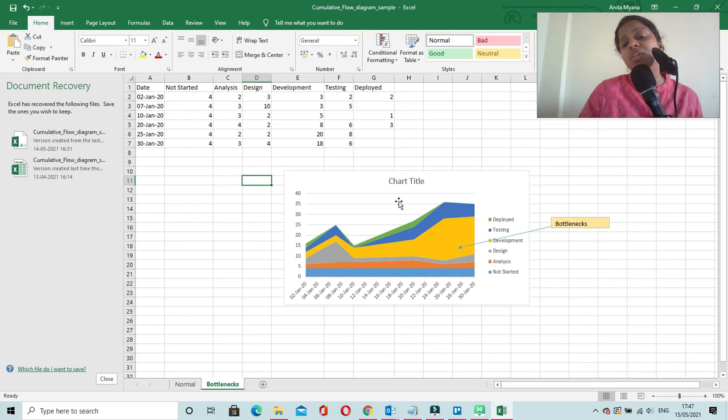So for inspection, we use tools like the cumulative flow diagram. We plot all the data on these graphs, and we try to monitor and understand if there are any bottlenecks in the process, and we work towards fixing all those problems in each of those stages. So this is one of the tools which we can use to find out the bottlenecks or the problems or issues in the process. This tool is most widely used in the Kanban framework. This is known as the cumulative flow diagram.